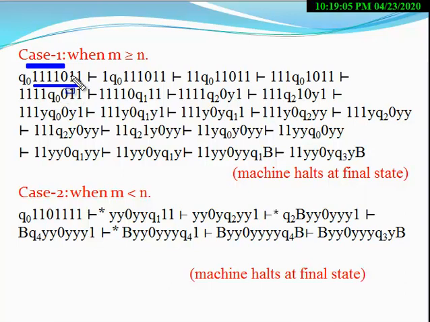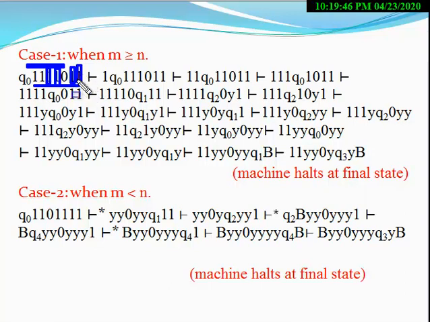First you have to remove this one. Next you have to move to the left side, before 0, and remove this one. Next you again move to the right side, and here you remove this one. Again you move to the left side and remove this one. Again move to the right side and check whether any ones remain or not. So clearly the ones at the right side are not present, right?